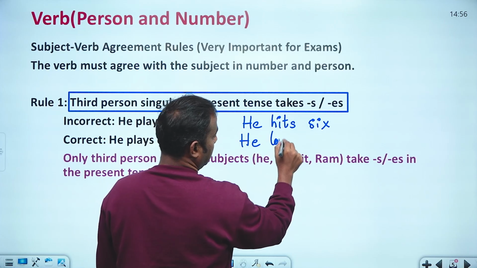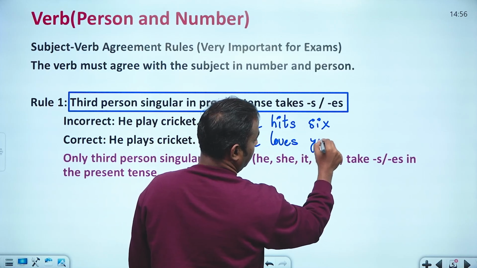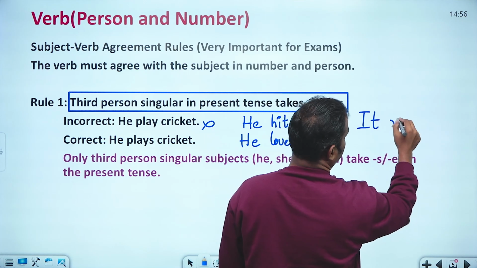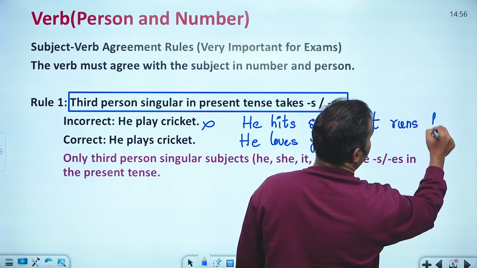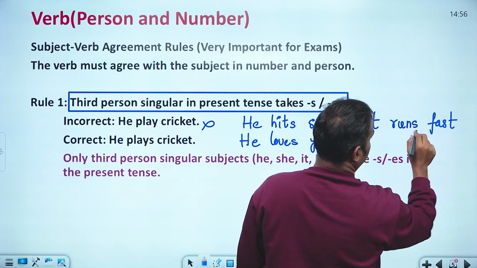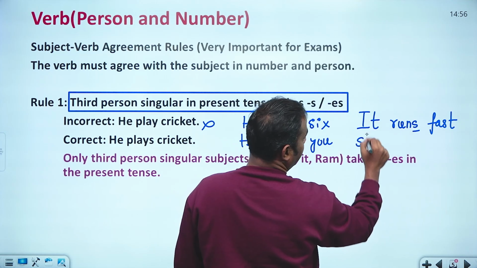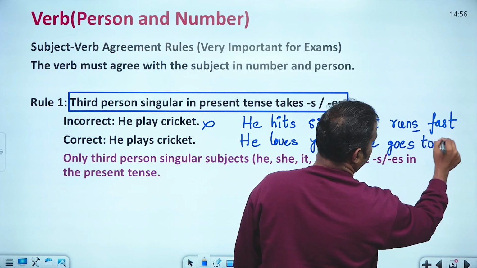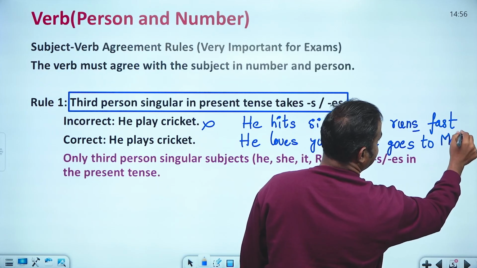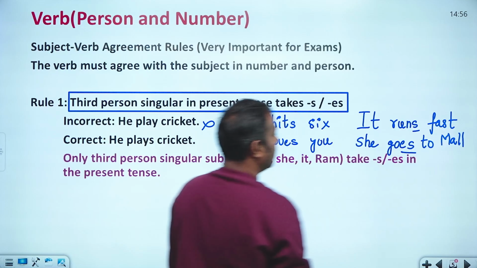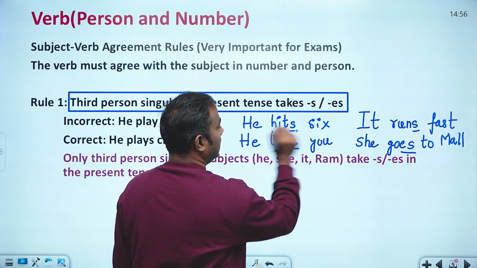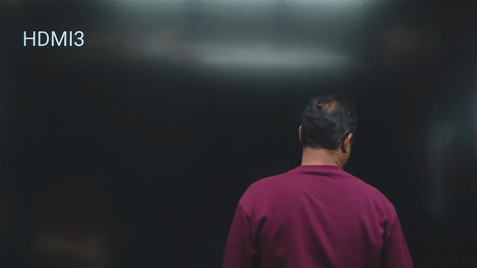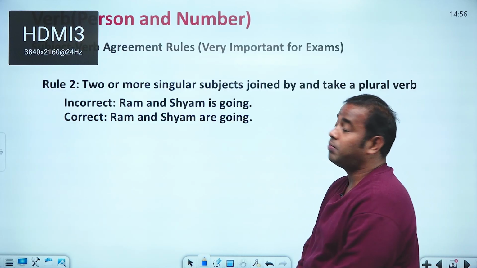He loves you. It runs fast. Okay, she goes to mall. S at the end. Okay, like this. Now this is the first point. Then the second point here is